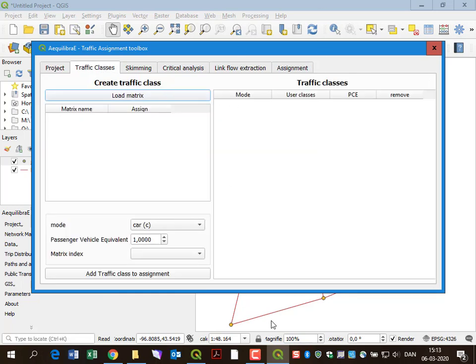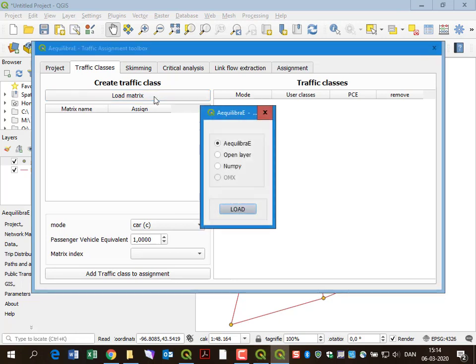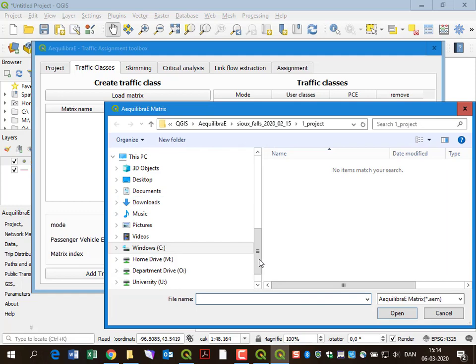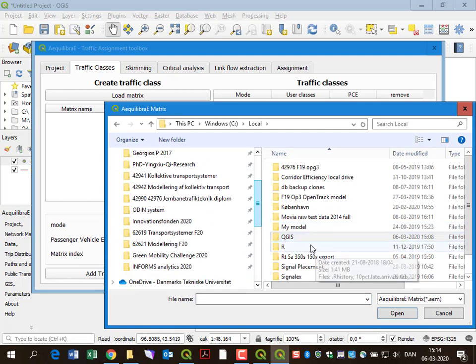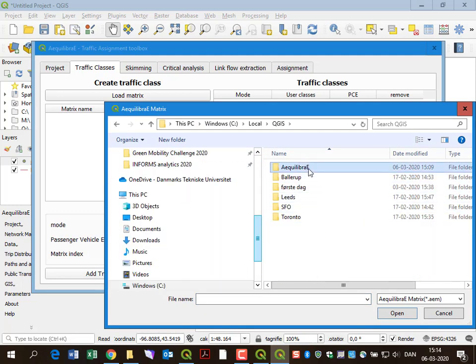Now, for this example, this is a road network, so we are going to load a car traffic class. And the first thing we have to do is load a demand matrix telling what is the demand for traveling from A to B and A to C and so on. So we press load matrix, and for this specific example, it is in an Aequilibrae file. So we press load, and again we go into local, QGIS, Aequilibrae,